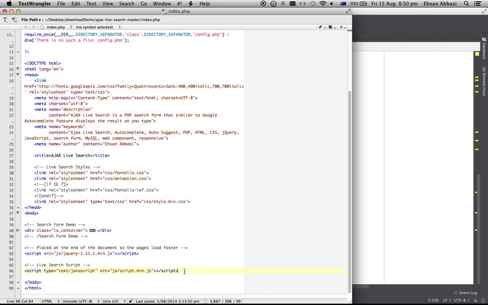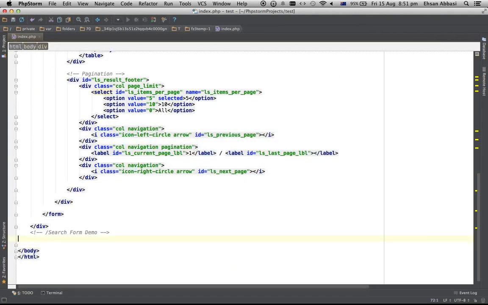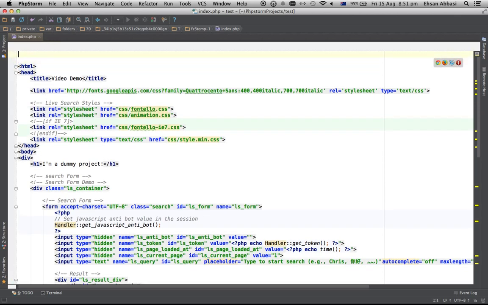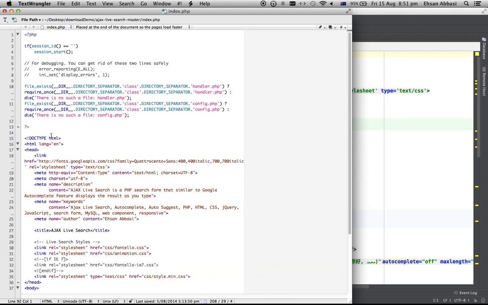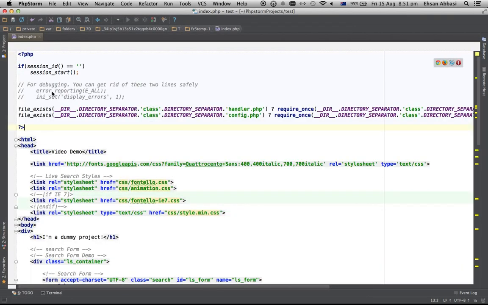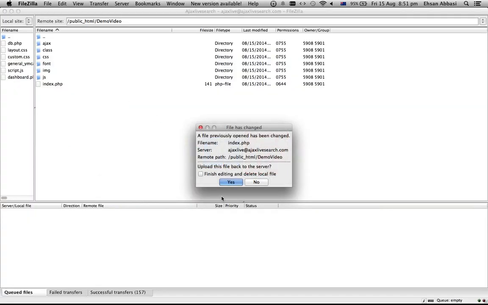And also copy the required JavaScript files. This is jQuery file. If you've already got this file, you don't need to copy that in your project. So just before body closing tag, I paste them. The last thing that I need to copy is PHP files. Those files that include handler.php and config.php. For debugging purposes, you can uncomment these two lines, but at production stage, you don't need them. So you can comment them. So I'm going to save this,